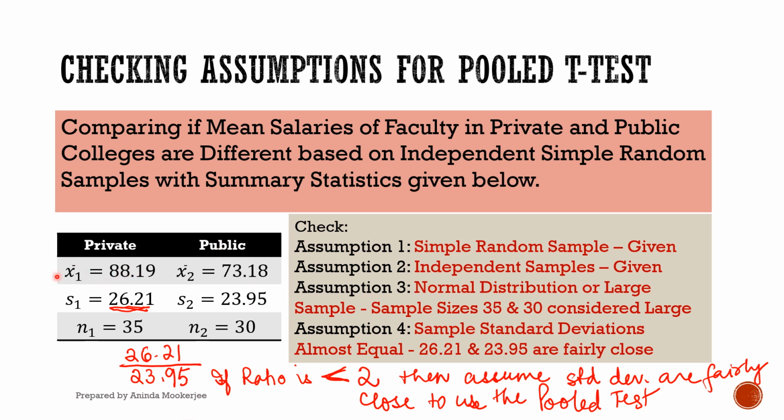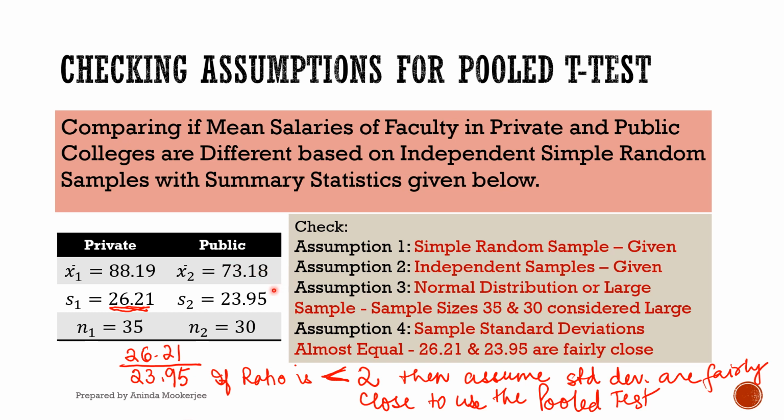These salaries, the mean salaries, are in thousands. So 88.19 for the sample mean of private colleges, because it's in thousands, is going to be interpreted as $88,190 per year, the average salary of faculties in private schools for this particular sample. And for public schools, X bar sub 2 is 73.18, which in thousands translates to 73,180